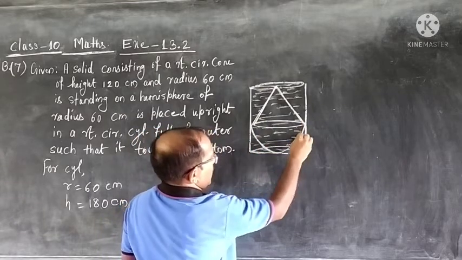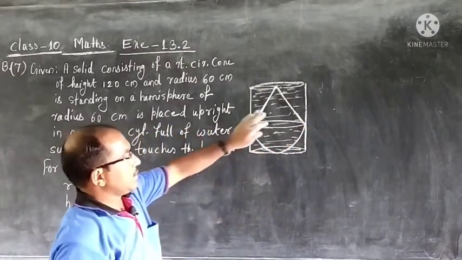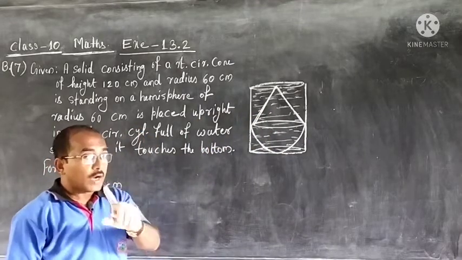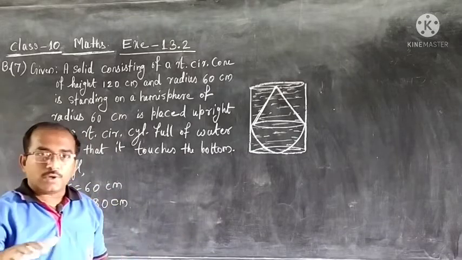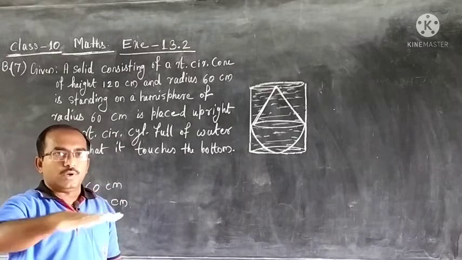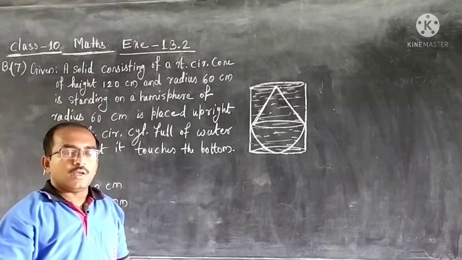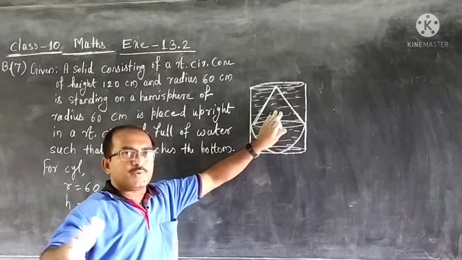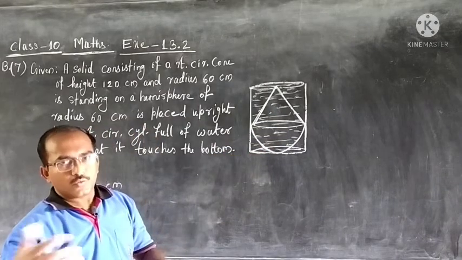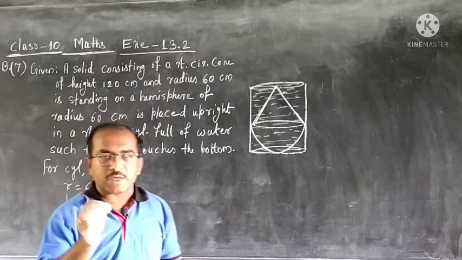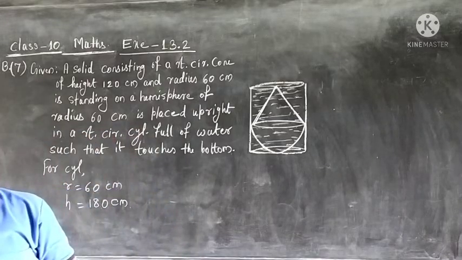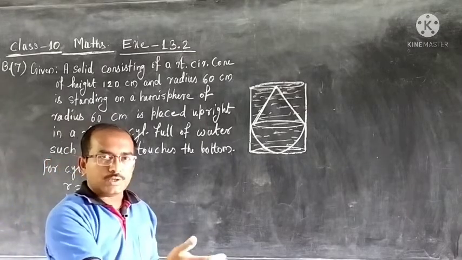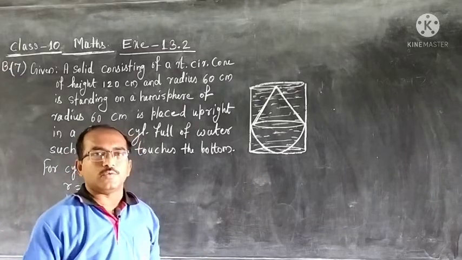I hope you have understood. A cylinder is full of water and this is the object which is placed in the cylinder. What was in the cylinder? Water. It was full. So, when we place anything in full water, it will surely displace the water. Displace the water means some water will flow out. Question is asked, find the volume of water left in the cylinder. Some water will flow out, some will remain in the cylinder, that we have to find out.